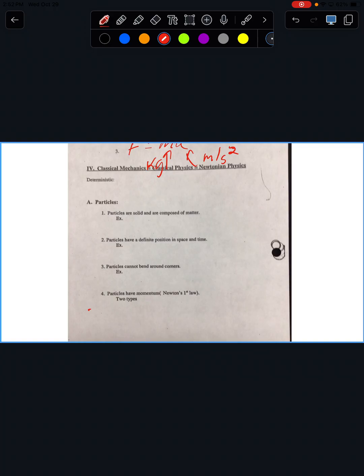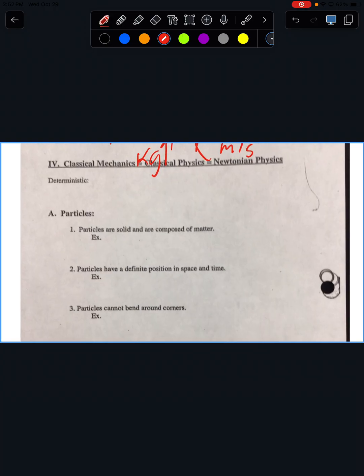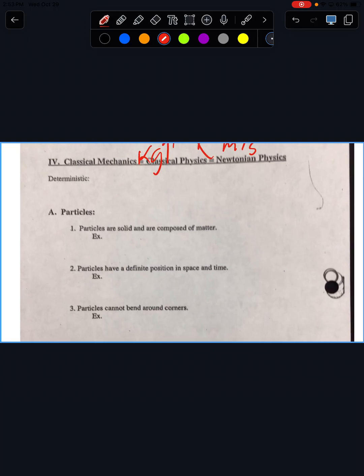Okay? So, first of all, classical mechanics is deterministic, meaning there's one correct, exact answer. How long does it take for an apple to drop off the Empire State Building? 9.2 seconds, exactly. There's not maybe 8, maybe 12, exactly. You can calculate it.